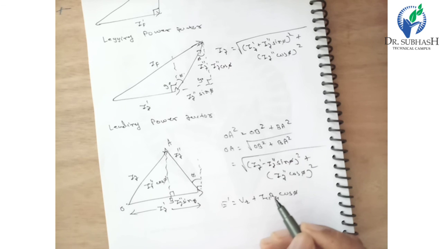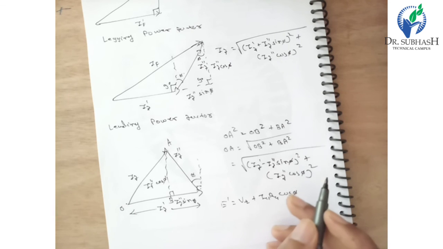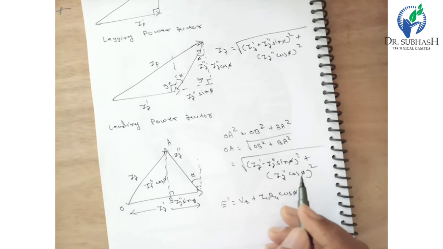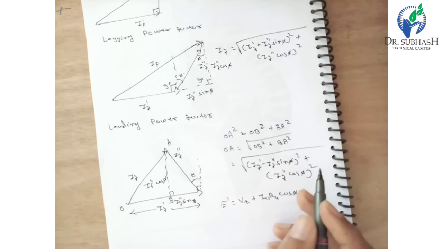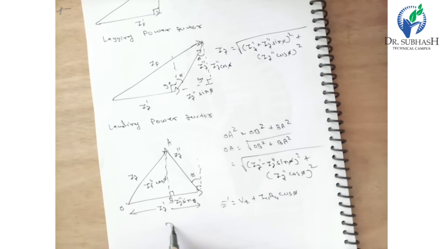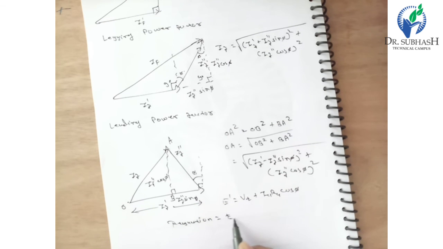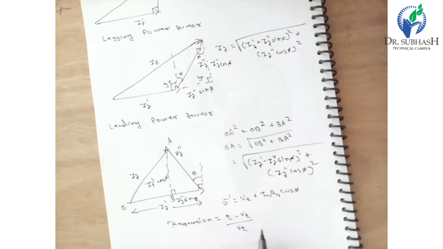Once the resultant field current IF is known, the EMF E for that field current is found from the open circuit characteristics. The regulation is then determined by using the expression E minus Vt upon Vt. For the percentage regulation, it will be multiplied by 100. Here we take note that while solving the problem of the MMF method, all the values should be taken on a per phase basis.